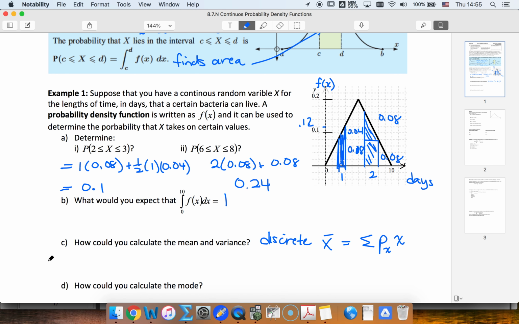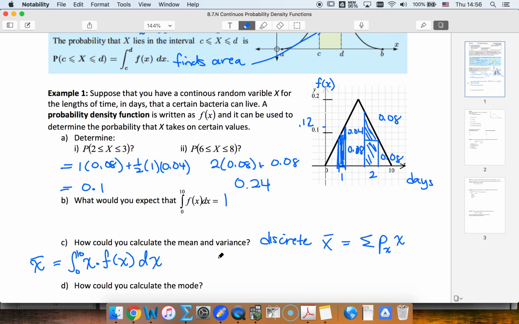So similarly, I could say that mean for a continuous function is going to be my integral from whatever my domain is, so in this case 0 to 10, of x times f of x. So again, I'll have my x values just like I did here, and then times the probabilities. Like we said, later we're going to learn how to do this in our calculator. So right now we don't know how to do this just by looking at it, but this is how we would do it using our